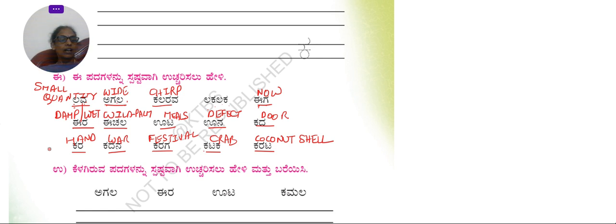Kada, door. Kara, hand. Kadana, war. Karaga is a kind of festival. It is celebrated in villages where people keep a water pot on their head and they run. Then Kataka is a crab. Karata is the thick outer cover of the coconut, the brown shell of the coconut. Now, we will see if there are any exercises.